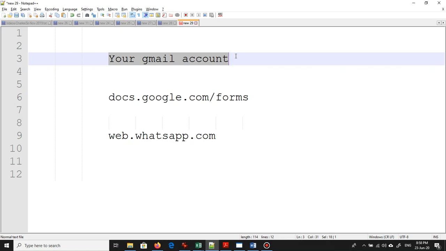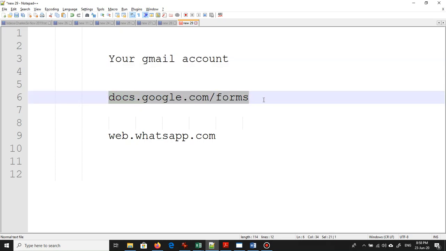So if you have logged on to a phone and you have been working on Forms, if you want the same thing on your laptop, all you need to do is go to the browser, open docs.google.com/forms, this command, and try to log in with the same account that you did on the phone. So what you will see in Forms now will be the same that will be on the phone, and vice versa. So that means if you've created a form on laptop and you want to see it on the phone also, do it the same way. Both the devices should be logged on to the same Gmail account.